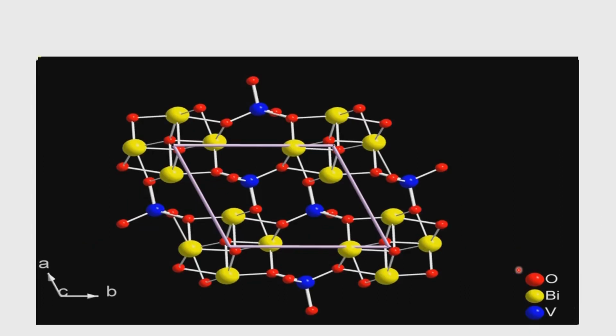So, the structure is shown here. It is not a simple structure, it is a fairly complex structure. This is the biggest structure of those days determined by ab initio methods. Of course, there was a structure of a zeolite which was determined around the same year by Lynn McCusker, and that is a much bigger and much more challenging structure. But this is one of the bigger structures which came from our laboratory. So, this is the structure of bismuth vanadate. The positions of the atoms are very clearly seen here. It is as though it is a single crystal structure. All the details associated with the single crystal structure can be derived from this.